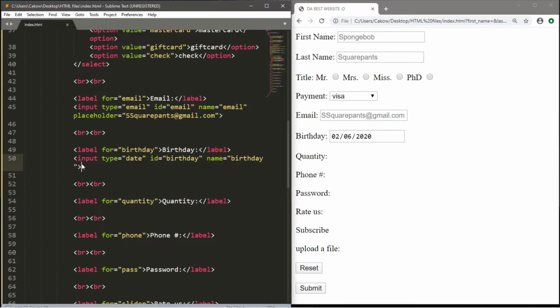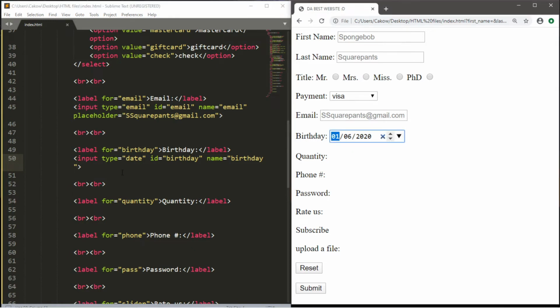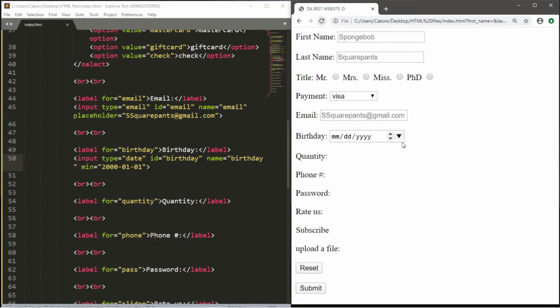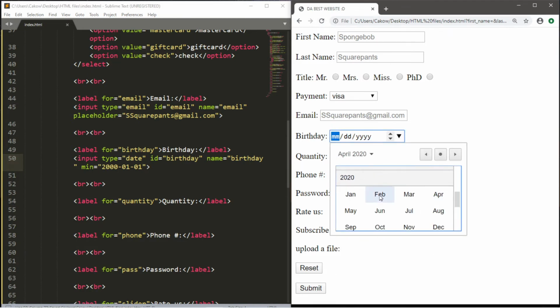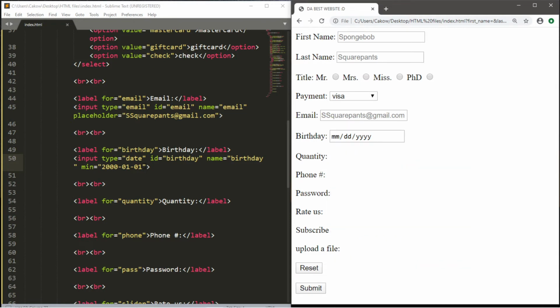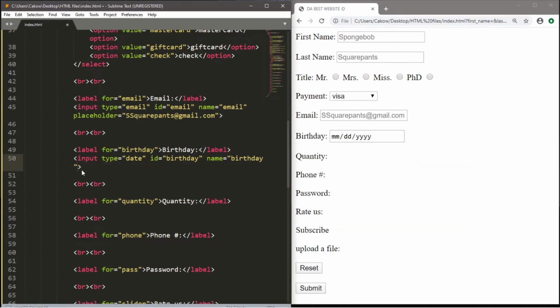And you can also add a minimum or maximum value to the dates you can select. For example, let's say that we want to limit the latest date that we can select. So we'll use the min attribute and set this equal to perhaps January 1st, 2000. So 2001-01. So let's save this, reload, and we can only go so far back now, all the way to the year 2000. So that's the latest date. So you can keep that in or take it out if you want, but you have options based on what you want to do.